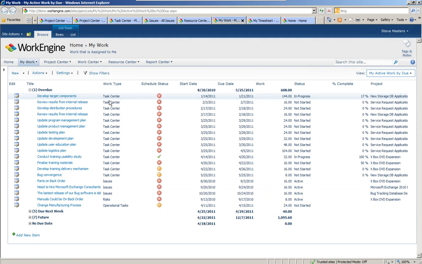And as I go through here, if I want to update a task, even though it was created in a project planner, I can actually see it here. I could open it here via hyperlink, or I could simply update it. So for example, here I could update this to say it was, say, 100% complete. Save that update, and now my task is updated, and I've fulfilled my requirement to provide feedback and completion status